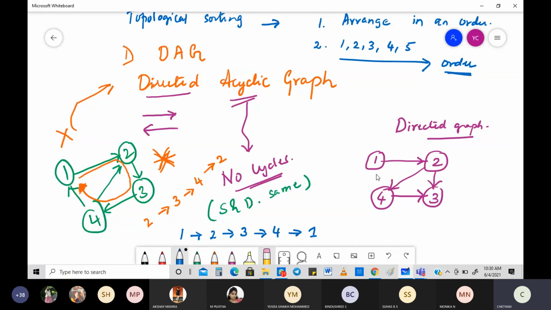Will it work for an acyclic graph? Very clearly it works for an acyclic graph. So this is something that you have to keep in mind. For this directed acyclic graph, the topological sorting will clearly work without any problem. Now, the first thing we have to know is that we are talking about topological sorting.